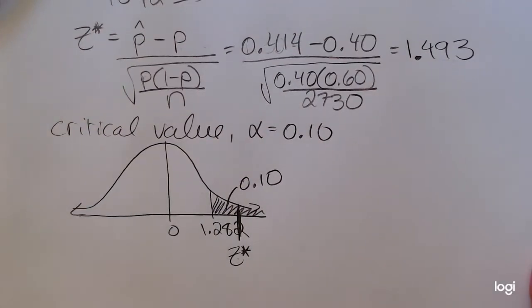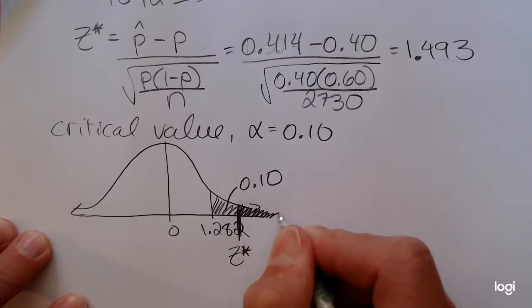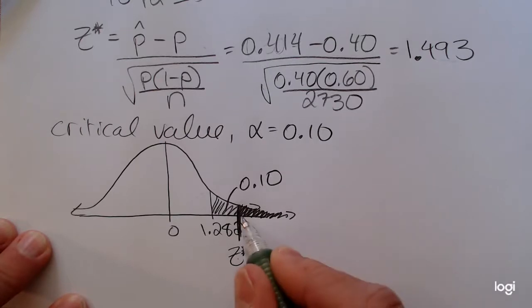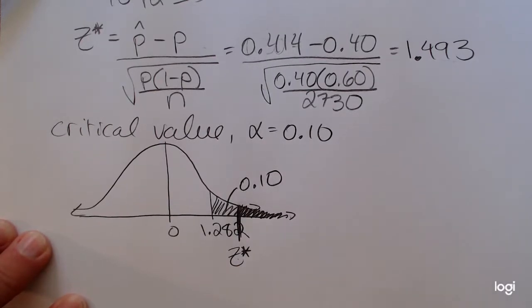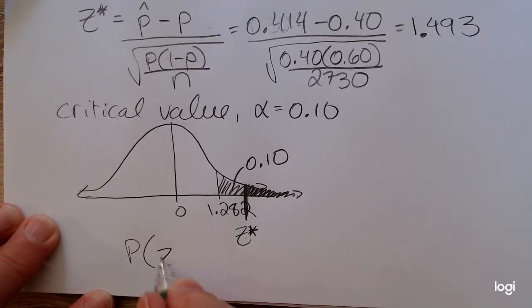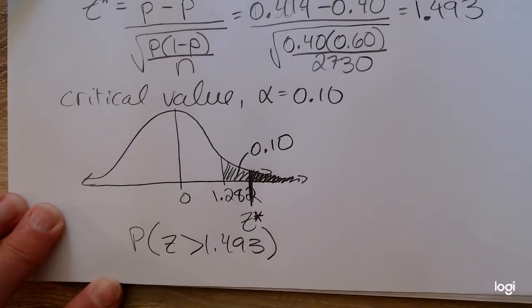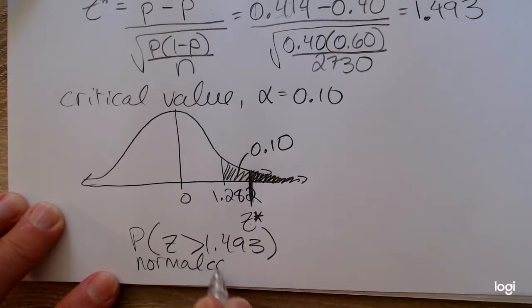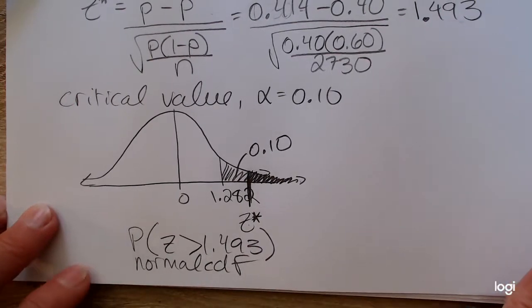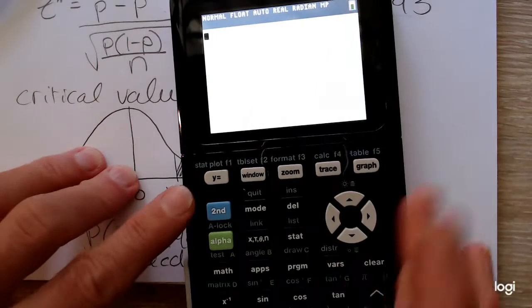Now let's go ahead and find the corresponding p-value. The p-value is going to be the area further out in the tail, going from our standardized test statistic to positive infinity. So in probability notation, that's the probability we get a z-score greater than 1.493. You could certainly use your normal CDF function in your calculator, but I'm going to show you how to get the standardized test statistic and p-value all in one spot. To do that, you want to go to your stat menu,